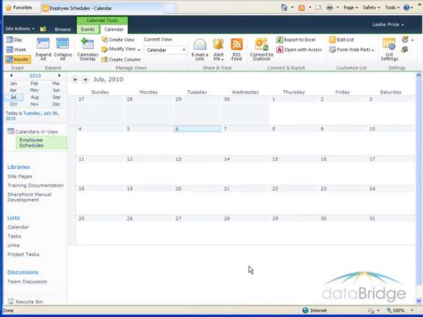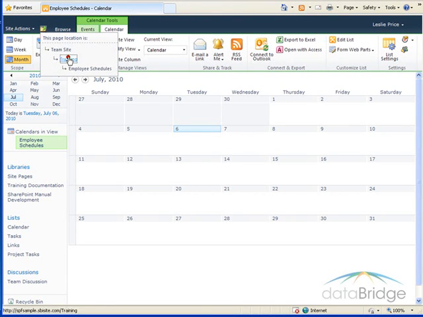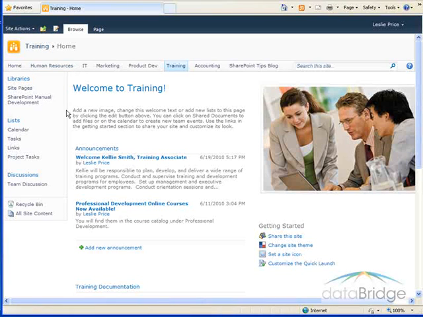And my new calendar displays. And you notice in the list section, there is not a link to this employee schedule calendar. So I'll return to the training homepage. And just to show you how the employees would get to that calendar, since there is not a link on